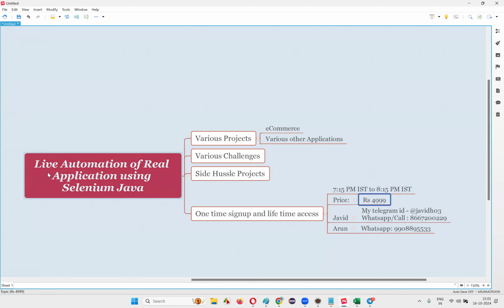Does that have any end dates? That keeps on going. Batches keep on happening and completing. I told you, right? The current batch is going to end this month end, and on November 1st we are going to start a new batch. Mostly it will be done in 2 months. Within 2 months it will be completed, 45 days to 2 months, most probably.